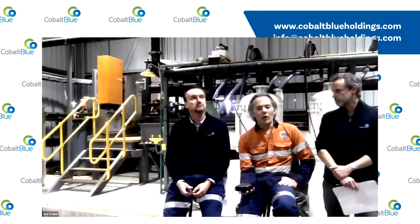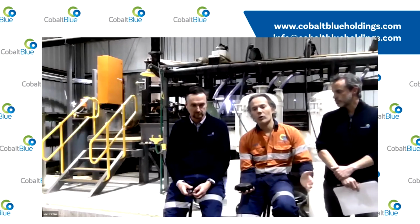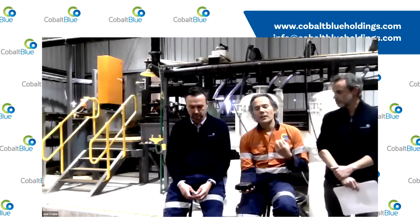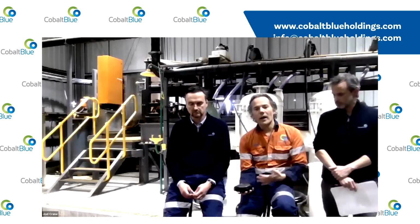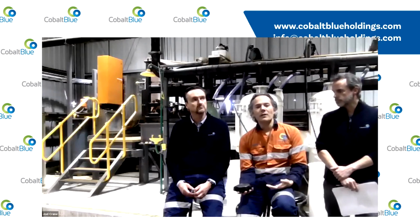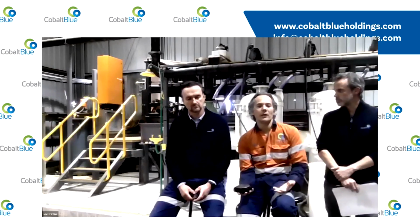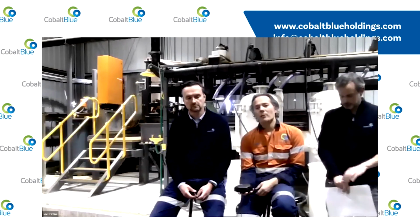One of the key differences, Joel, that this demonstration plant does versus pretty much all the previous work, except for some of the early work 3 or 4 years ago, is that we're taking rock and ore, we're milling it down to that 1 mil size, and then taking all of the particle sizes below that. That methodology of crushing and milling gives us a particle size distribution for a demonstration plant that is much more representative of the commercial facility than some of the samples that we put through our pilot plant last year, which